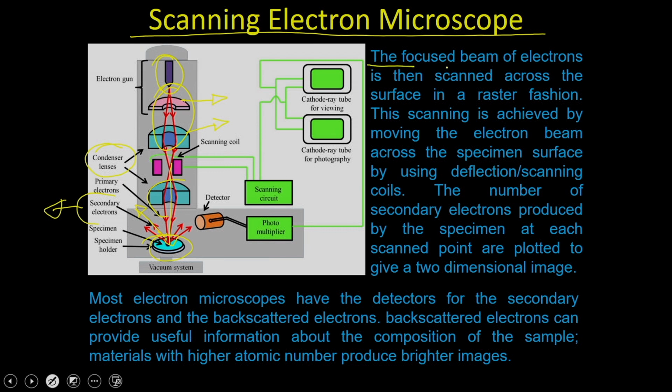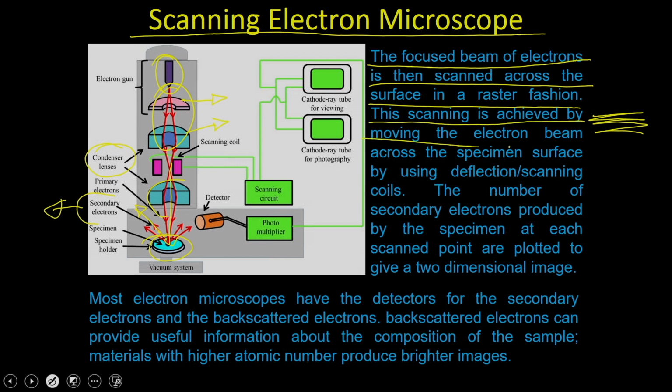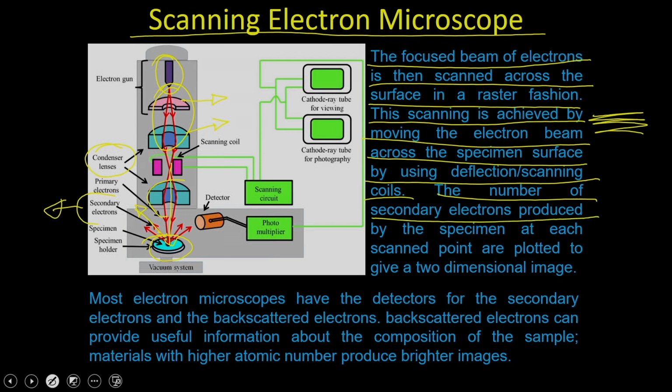So, the focused beam of electrons is then scanned across the surface in a raster fashion, which means it goes like this. So, it is actually going to scan the sample, and this scanning is achieved by moving the electron beam across the specimen surface by using the deflecting as well as the scanning coils. The number of secondary electrons produced by the specimen at each scanned point are plotted to give you a